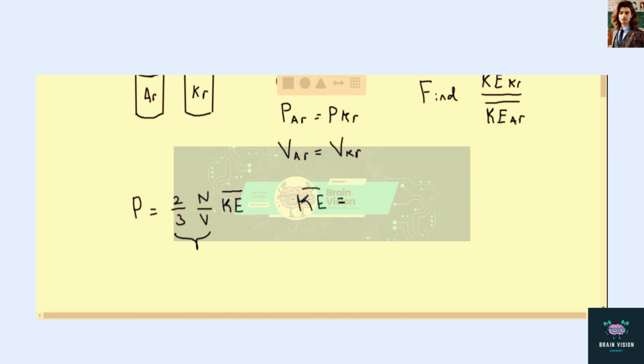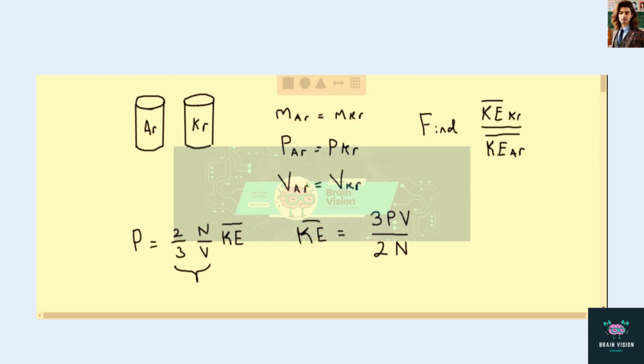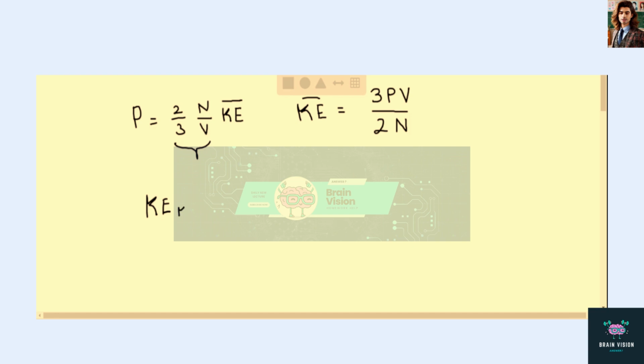And if we do that, we'll have 3PV over twice N. Okay. So now let's see what this ratio would look like. If we took the ratio of the average kinetic energy per molecule of krypton up top over argon, in the numerator we would have 3PV over twice N,